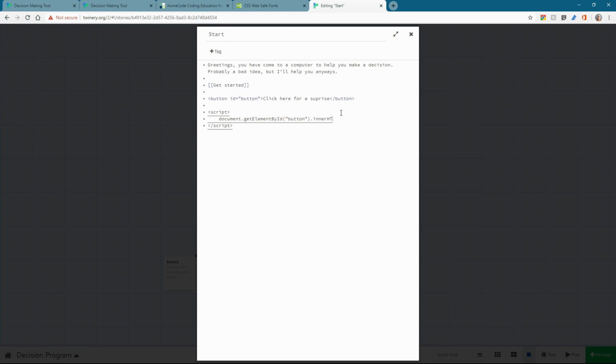We could use inner HTML or inner text if we wanted to. I'm just going to use inner HTML, and we want to give that a value of surprise. Oh, I always spell surprise wrong. It's surprise. Surprise. Okay. So now what this code says is that when the page loads, that's when the script will